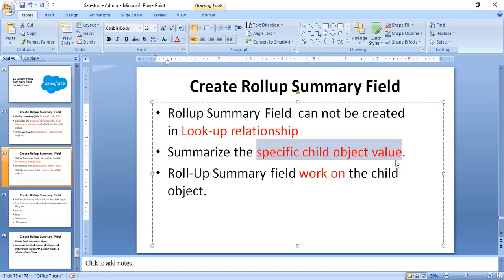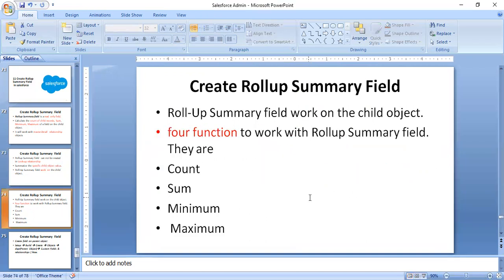I want to know the sum of all salaries of the 10 employees, and then the count of salaries of employees. Like that, if you want to know the aggregate operation, then you apply the roll-up summary field. The roll-up summary field works on the child object. That is one of the important things.